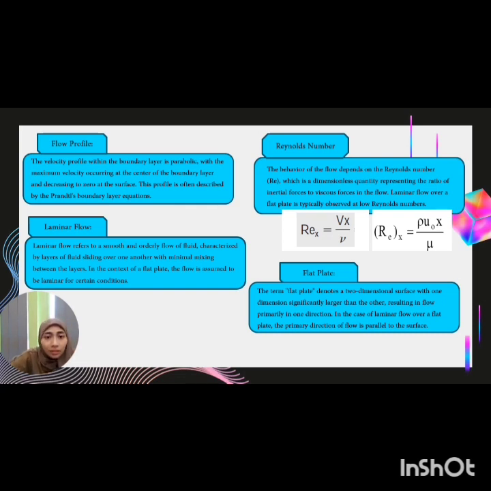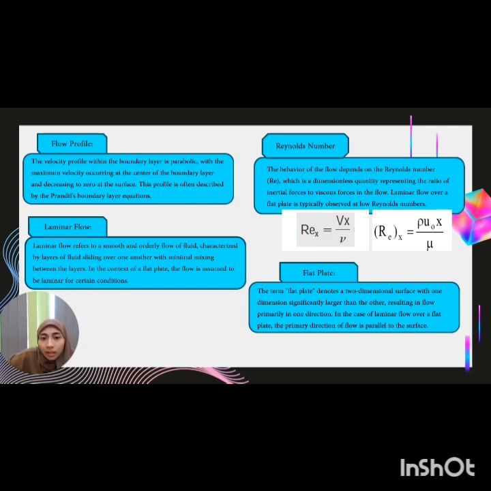And the third is Reynolds number. The Reynolds number is also a crucial parameter in this context. It helps in predicting the flow regime, laminar or turbulent, based on the fluid properties, flow velocity and characteristic length. The presentation delves into the Blasius solution, which provides a mathematical description of the velocity profile in the boundary layer for laminar flow condition. So the Reynolds number, this is the formula,